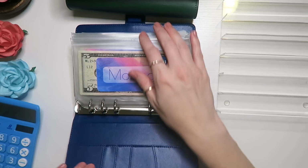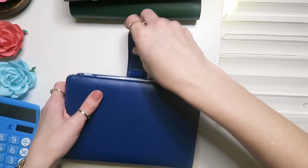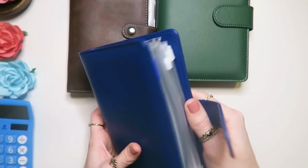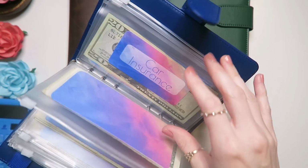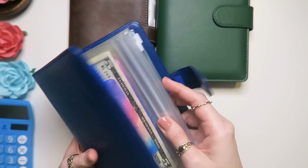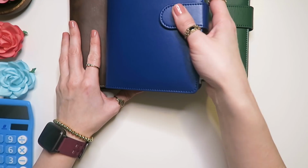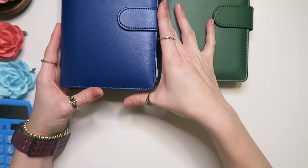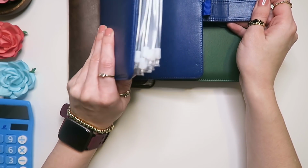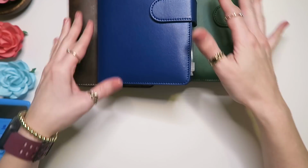I need to pay that this week. It is due at the end of this month. So it is getting paid this week. It's only $35. Okay, my camera just died on me, as it likes to do. I was just saying that the car tag is getting paid this week. I already have the money pulled and I'm ready to pay that. It's only $35 or $36. I've already forgotten what it is, but it's in my purse and I'm paying that. So it is a low amount. I just have it still in my binder to keep it on my radar. But anyways,